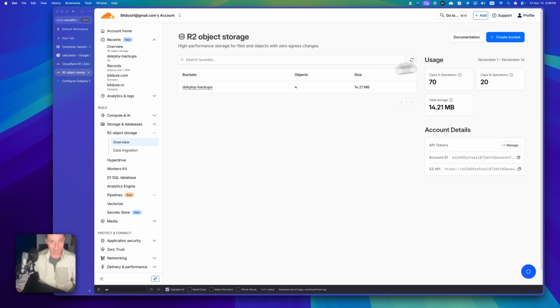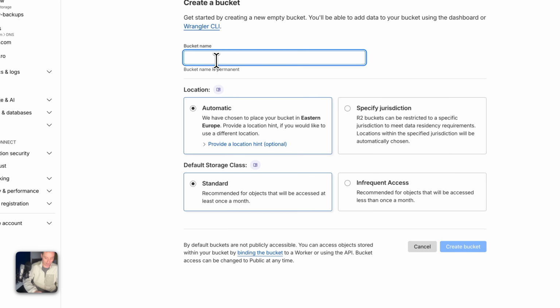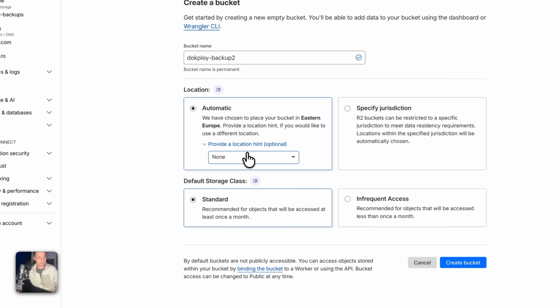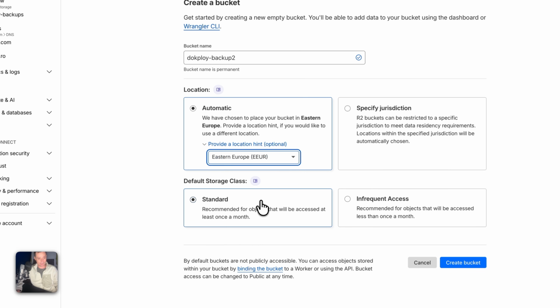And in here you need to create a bucket, and I will create a bucket for this. I will put the bucket name like Dokploy backup 2, and in here you have the options to choose the location. So it will be good to choose, for instance, the closest location to your server, so this is speedy. My server is in Frankfurt, in Eastern Europe, and I will choose this from here, and then you choose the standard one,